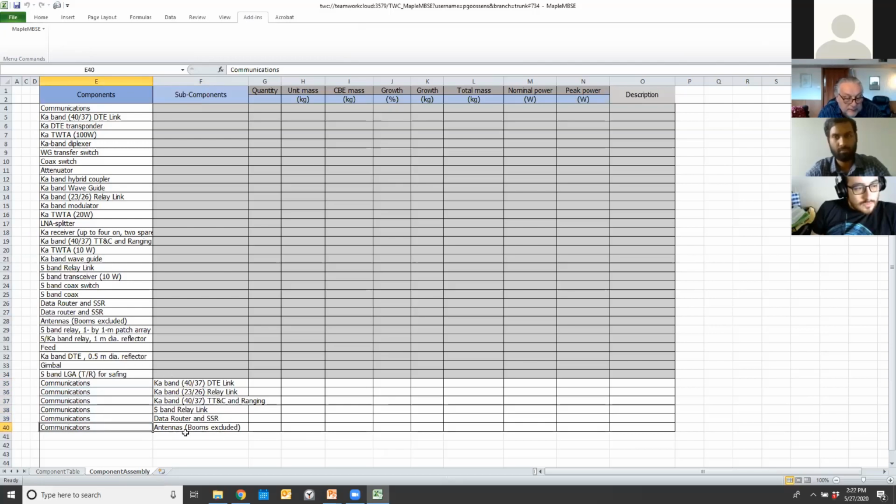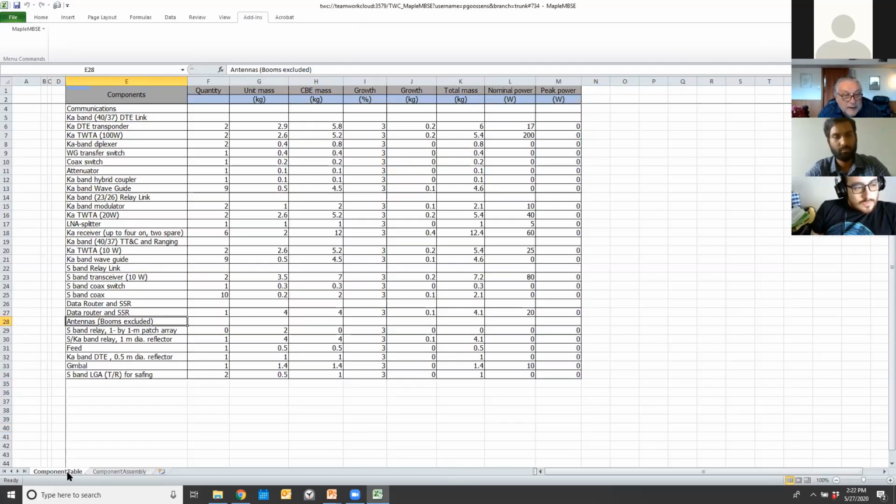that these subsystems are now a subsystem to the communications system. And I can now keep going down deeper. So now let's say I need to create a relationship between the DTE link and all these other subcomponents here. So I can start with